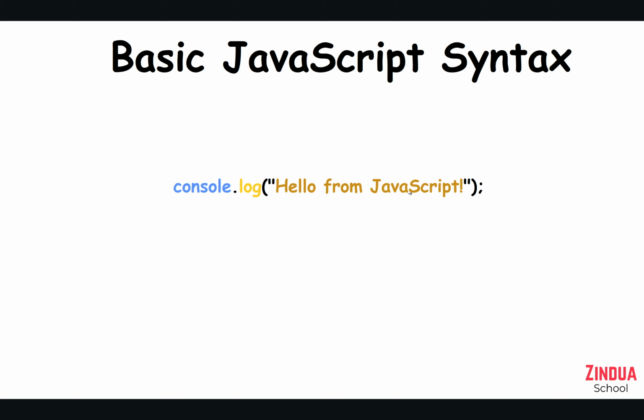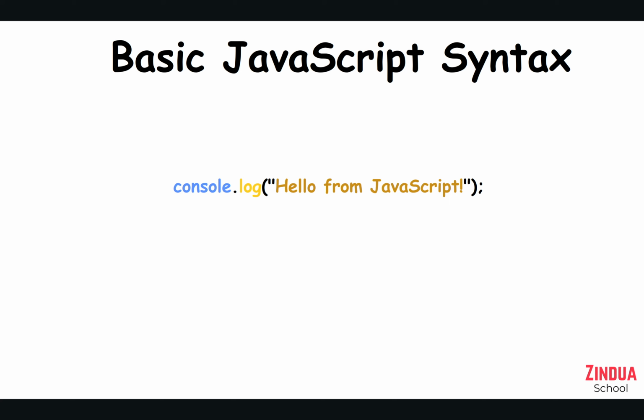Now, this line of code that we have here is something pretty basic. You don't need to understand at this point what console.log means and all this stuff. Just know that when we run this code, wherever we run it, it's going to print back hello from JavaScript. So it's basically like an echo. We give it something and then it gives us back the same thing. The thing between these two speech marks is what is going to be printed back to us. We'll see this in action, so don't worry much about the whole of this.